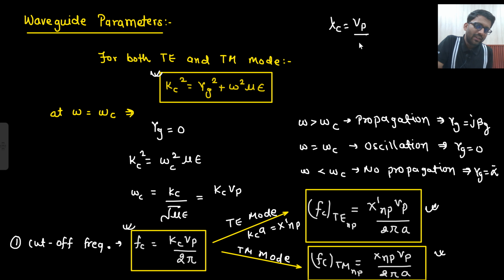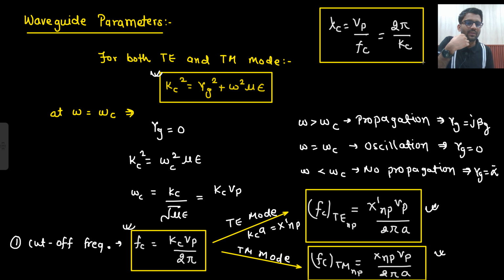So lambda c will be simply equal to Vp by Fc. That's it. If you do Vp by Fc, what are we getting? 2 pi by Kc. So this also you can keep in mind, and then the Kc value you can put as per the TE or TM mode. Here I am writing for TE and TM mode. So for TE mode, lambda c would be 2 pi by